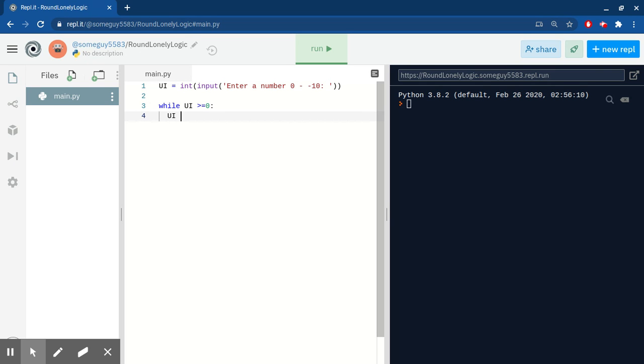So we're going to do the exact same thing: UI equals int input, "Enter more numbers like that." "Enter a number." Yeah, we're just going to keep that like that. And then we're going to do, now we're going to do